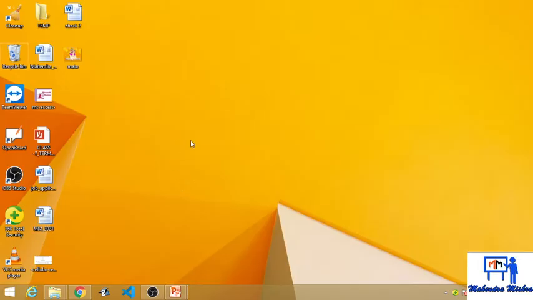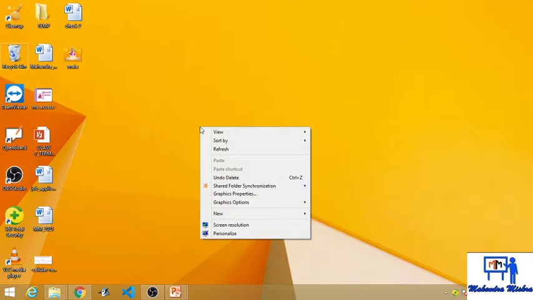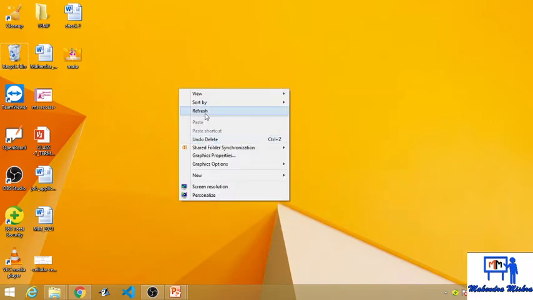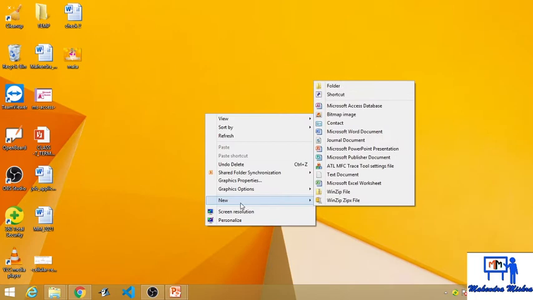First of all, you need to open Microsoft Access. For this, right click on your desktop, go to New, then you will see Microsoft Access database.